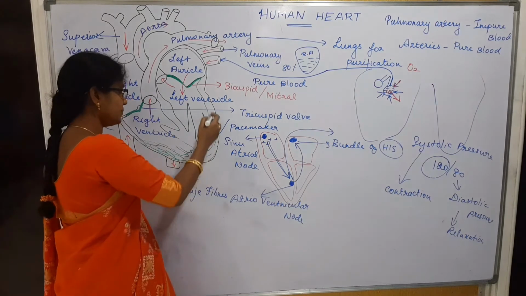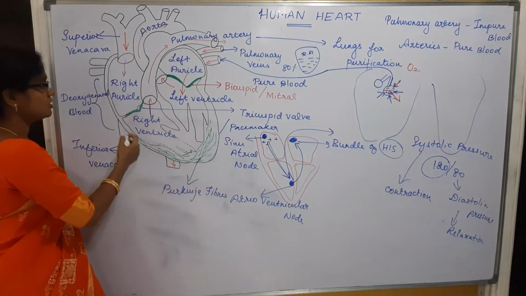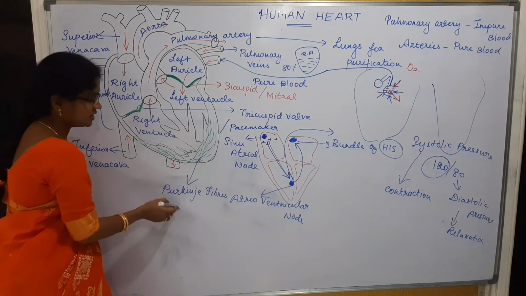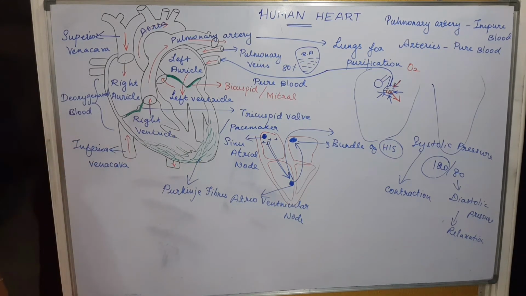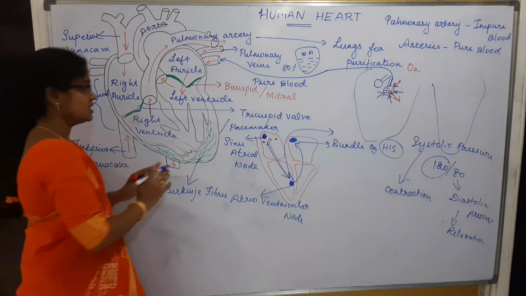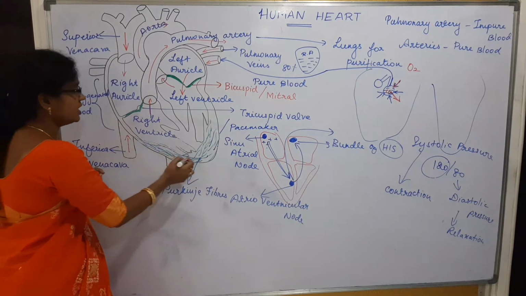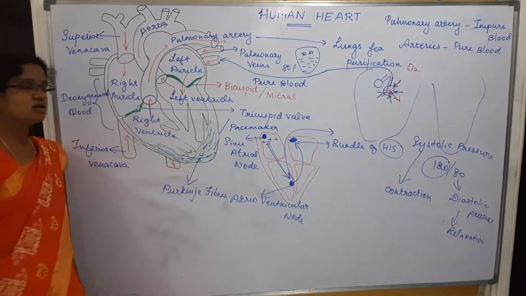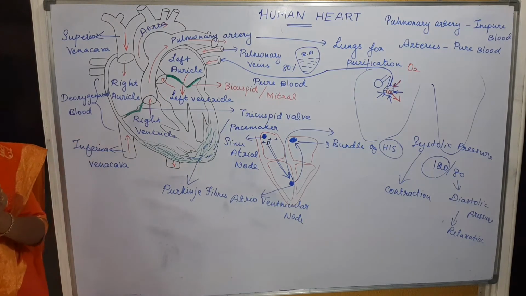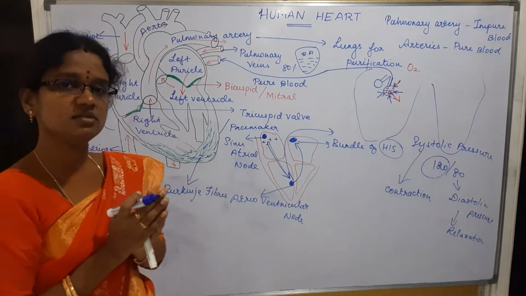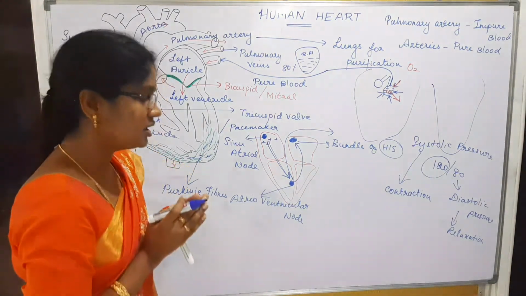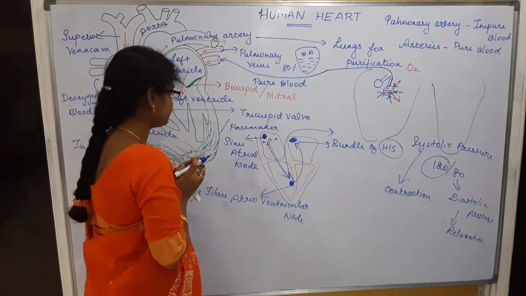Whereas, what is the purpose of this part? That means the Purkinje fibers. What do they do? The Purkinje fibers carry blood to the walls of the heart. Why must the wall of the heart possess blood? What is the reason? Can you get an idea from this?